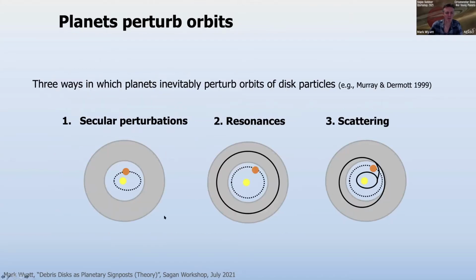So how do planets perturb the orbits? Well, mathematically it's split into 3 different types of perturbations. You've got secular perturbations that are exactly equivalent to spreading the mass of the planet around the wire described by its orbit and affect everything in the disk. We've got the resonances, which affect particles at specific locations where their orbital periods are a ratio of 2 integers times the orbital period of the planet. And then you have scattering, which applies to particles that are unfortunate enough to come close to planets, so they have a close encounter.